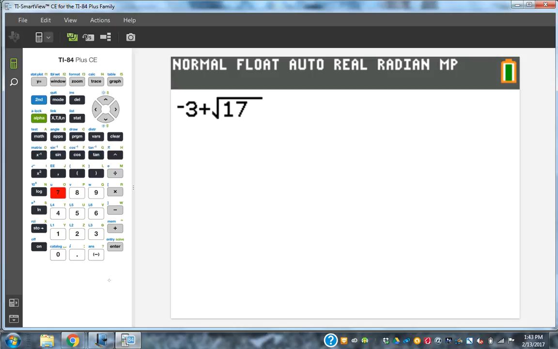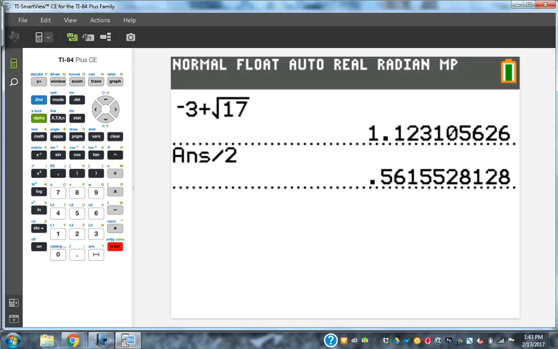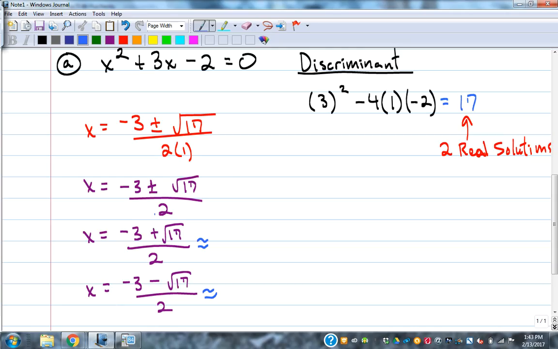And then I always just do it separate. It's about the same number of keystrokes whether you put parentheses or enter or not. And then divide that answer by 2. Because that was what's on the bottom. So I'm going to round it to 2 decimal places because that's about all we can guesstimate anyway when we go to graph it later on. So 2 decimal places is plenty for me. So that would be 0.56,